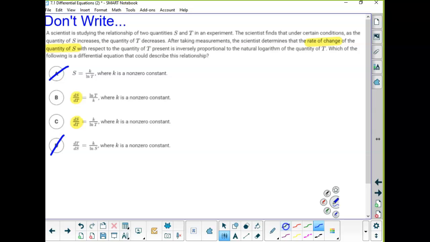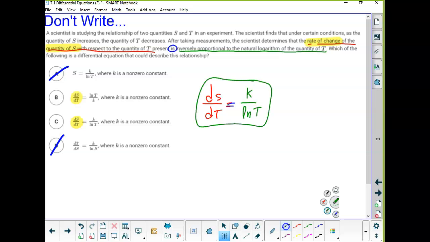Well then, they're telling us how it relates with respect to time, and that's where dS/dt, you can't really see it, that's what this first statement tells you, right here. Okay? And then it says "is", so that's our equal sign. And then we're using the words inversely proportional to the natural log of t. So inversely proportional is divide. K divided by the natural log of t. And the only option